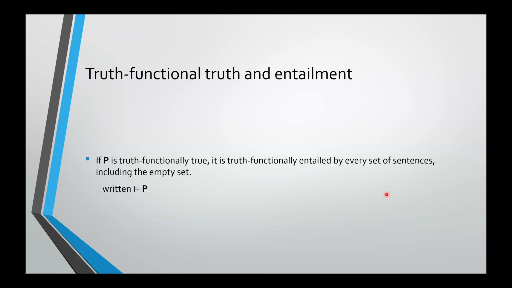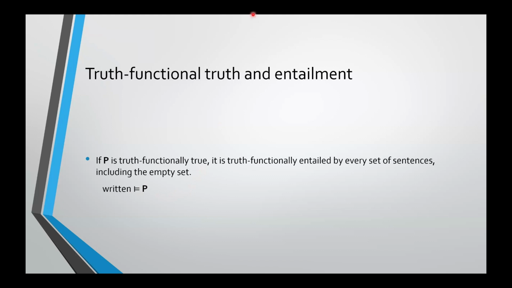And we can actually then use this as a shortcut way of indicating that a sentence is truth functionally true. So if you just write the empty set entails P, then that will pick out all and only the truth functional truths. And then we just drop the empty set from the way that we write this. So double turnstile P is used to mean the empty set entails P, and that in turn means that P is truth functionally true. So let's look at some examples of using truth tables